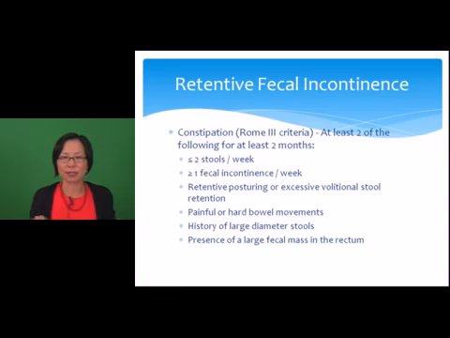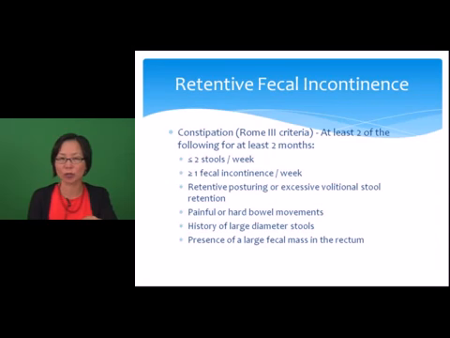In 2006, there was a working group of pediatric gastroenterologists, and they published what is now known as the Rome 3 criteria for functional constipation. This is for children who are 4 years of age or older, and they are considered to have functional constipation if they have at least 2 of these following symptoms for at least 2 months: less than or equal to